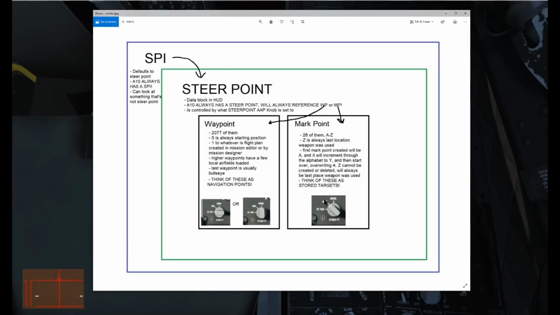Okay, this looks like a wall of text, but it's really not that complicated, okay? So basically you have two kinds of data points that are stored in the A-10. You have waypoints and you have mark points. A waypoint, you get